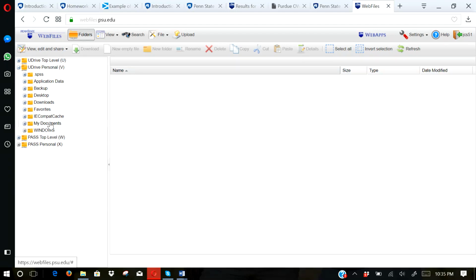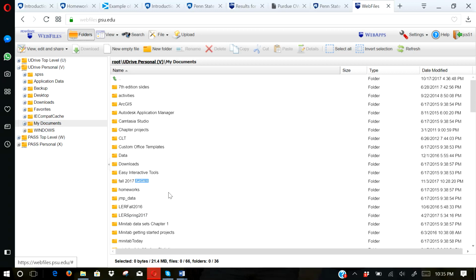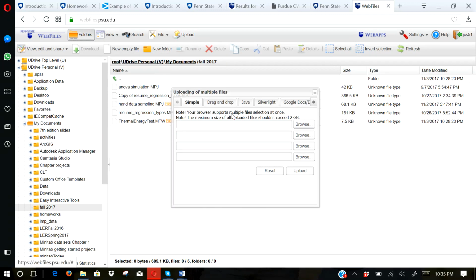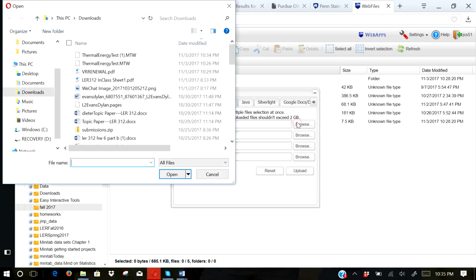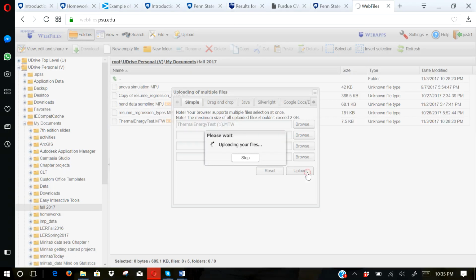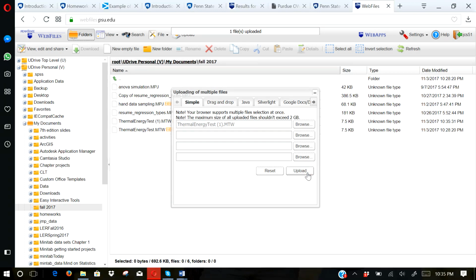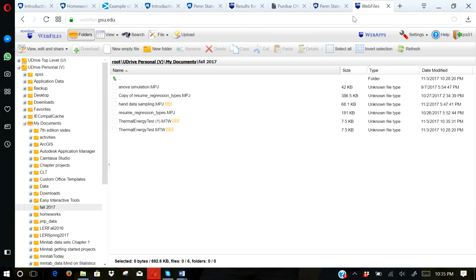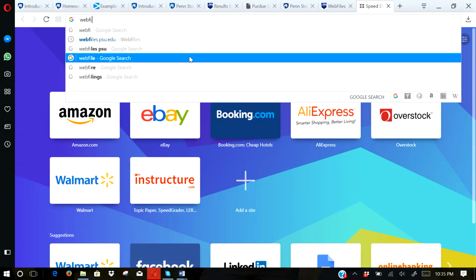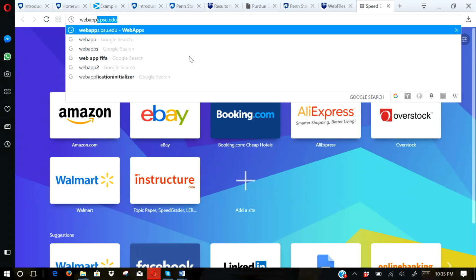Once you're in there, you can pick a folder where you're going to store the file that you want. I'm going to do this one because I've been using it for our class. And I'm going to pick the file that goes in there and click upload. Now, there's still an extra step in here because once it's in web files, we can't open it in Minitab still. So instead, we're going to open